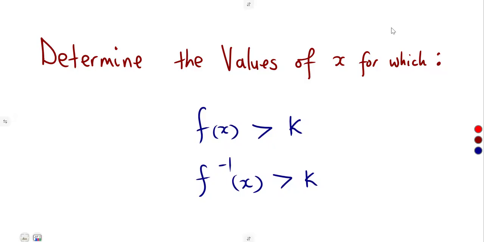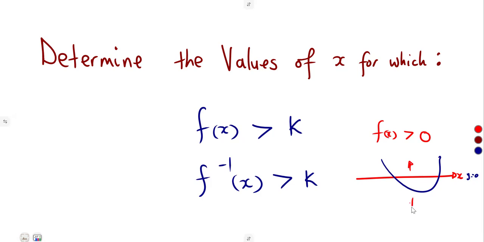So in this case, the condition that we are going to look into will be a certain function compared to a constant. We had before f of x when it is being compared to 0. What you're working with was the x-axis. Why? Because in the x-axis, y is equal to 0. So you're making a comparison with the x-axis to say is it above the x-axis or is it below the